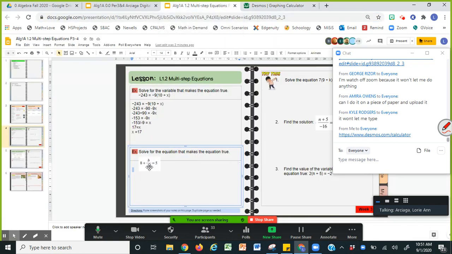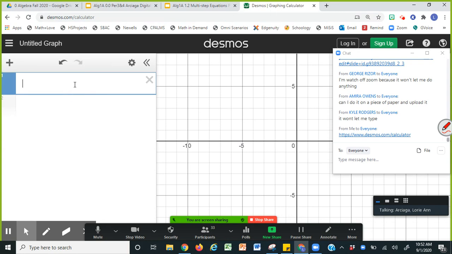Okay, so we're going to copy this: 8 plus b over negative 4 equals negative 5. Okay. So how are we going to copy that? Let's try to use the decimals. So let's go here. All right. See, you just click on the first box. You put 8